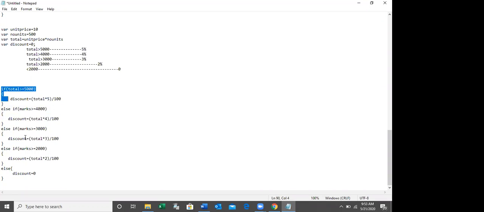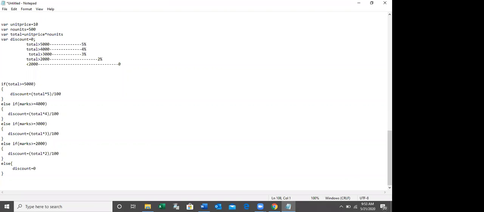I didn't display anything here. So finally, I'm going to display one by one. document.write unit price equal.